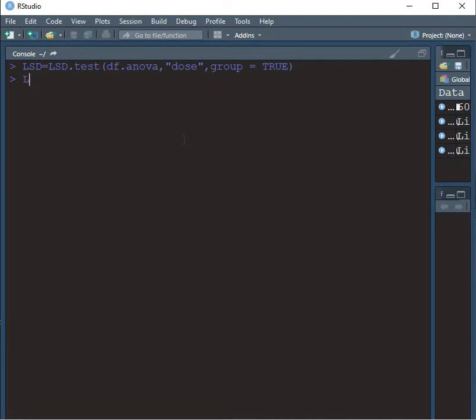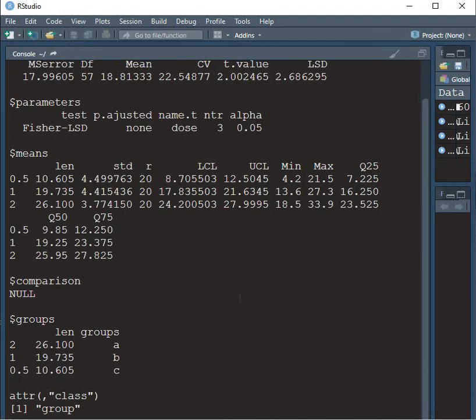Again simply type LSD. Here you will get the same result, but this result you have obtained through the least significant difference,